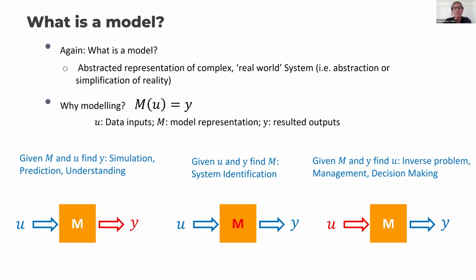But we can also use a model in a different way. We can have the input data and the output data. If we have at the same time the input data and the output data, we can define the model, okay? This is called system identification. In terms of our algebraic models, the kind of models that I will be showing today, they are based on fixed equations. We start by knowing the equations.